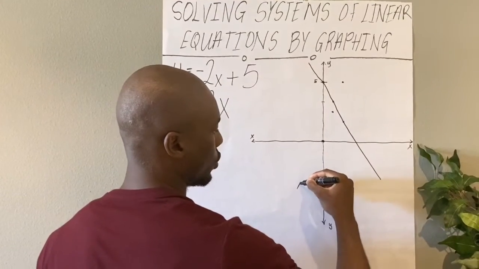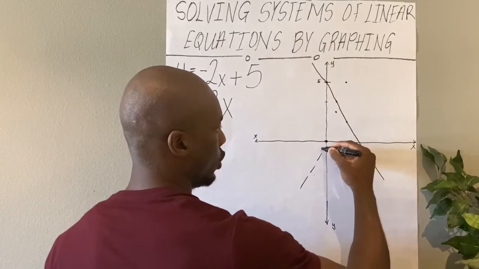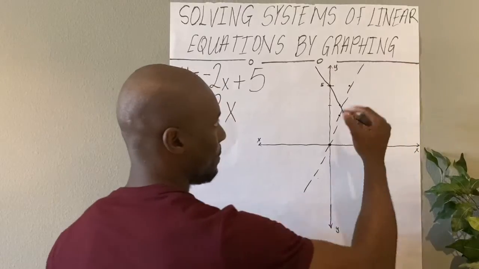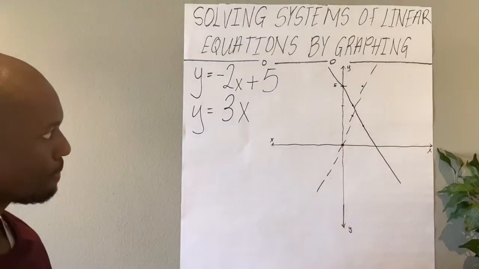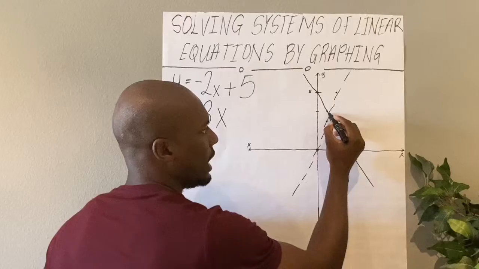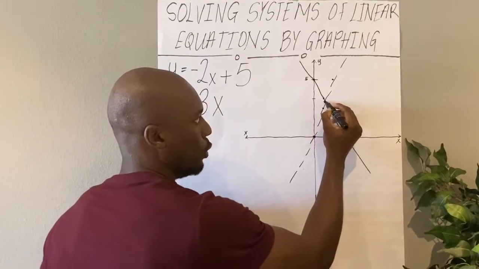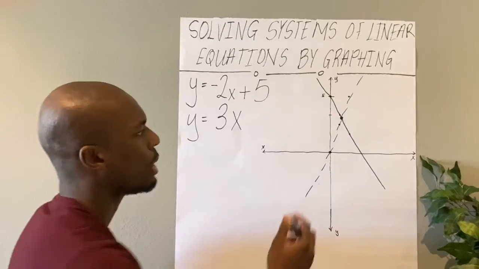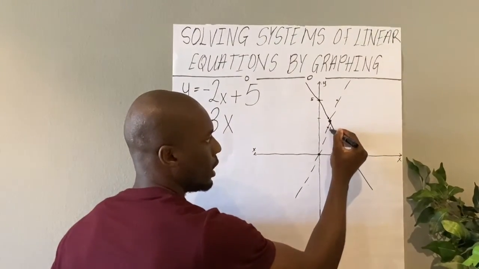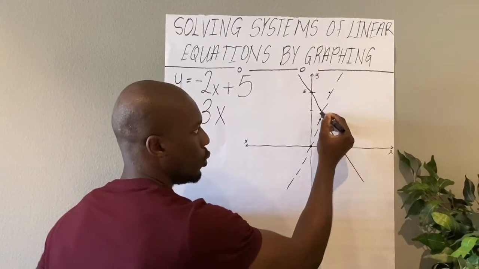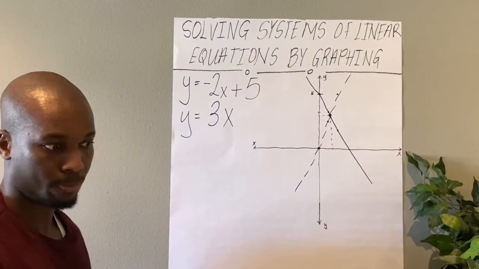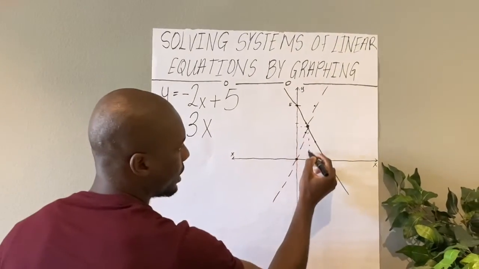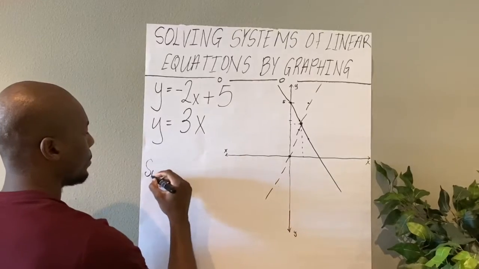So I'm going to draw this also. I'm going to try and make this a dotted line so that you can see the difference. Pardon me if I don't draw the best line, but it's going to look something like this. So again, this helps me to figure out the solution of my system. So all I'm going to be doing is reading what the value of that point is. And from what it looks like, this solution